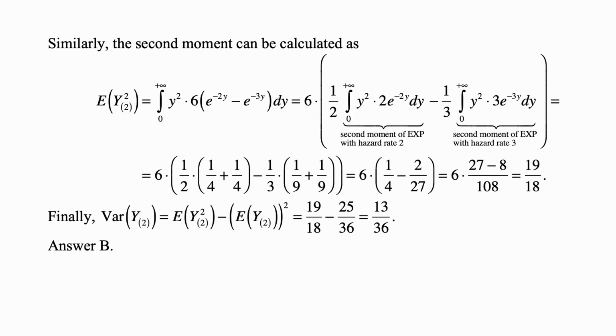And then the second moment is calculated as the integral from 0 to plus infinity of y squared times 6 times (e to the minus 2y minus e to the minus 3y) dy. And we rewrite this as 6 times 1/2 times the integral from 0 to plus infinity of y squared times 2e to the minus 2y dy. This is the second moment of the exponential distribution with hazard rate of 2. And the second moment is equal to